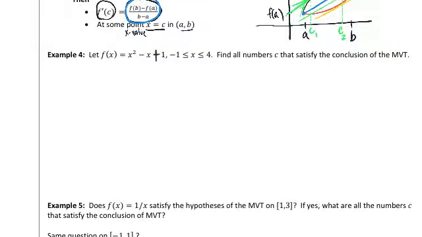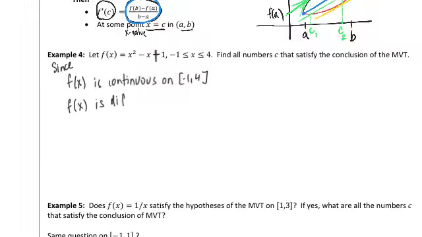So we start by checking if we satisfy the conditions, or the hypotheses. Since f of x is a polynomial, a quadratic, it's continuous on negative 1 to 4, and it's also differentiable. A polynomial will be smooth and differentiable everywhere. We just need it to be that on the open interval negative 1 to 4. Those are the two conditions of the mean value theorem. So since those are satisfied, there will be some f prime of c, where c is an x value, where